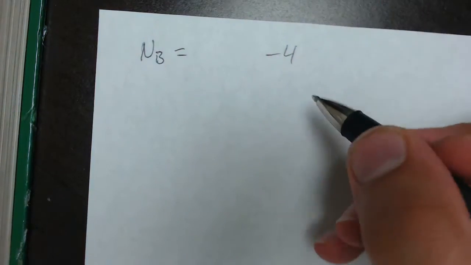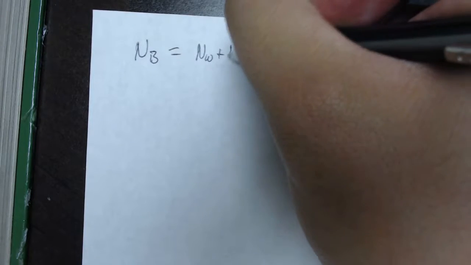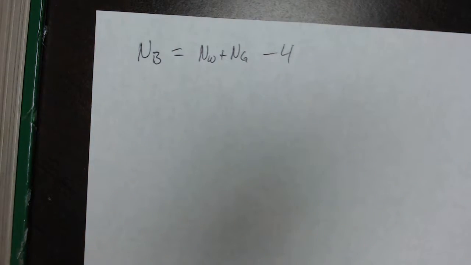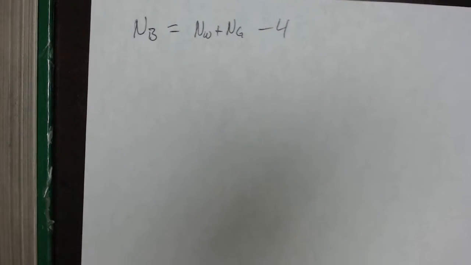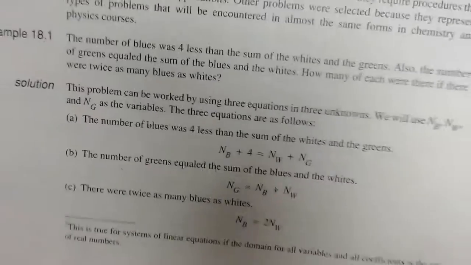So we can write that as number of blues was 4 less. It means we're going to have minus 4 at the end. The sum of number of whites plus number of greens. That's equation number 1. Going back to the problem, they say